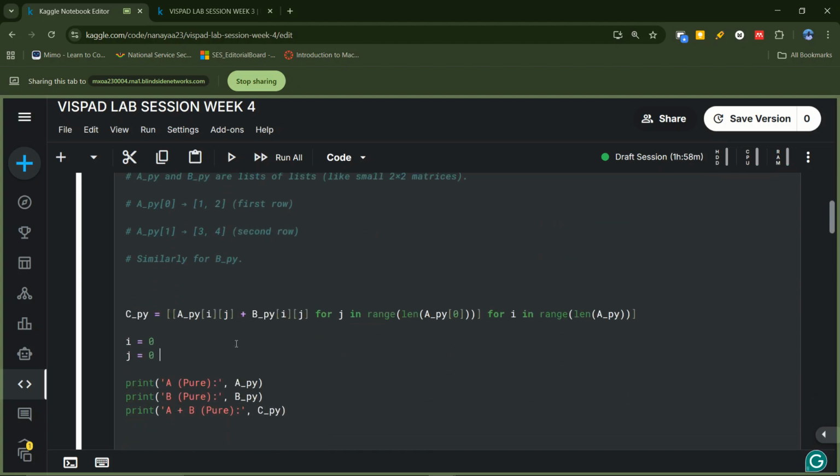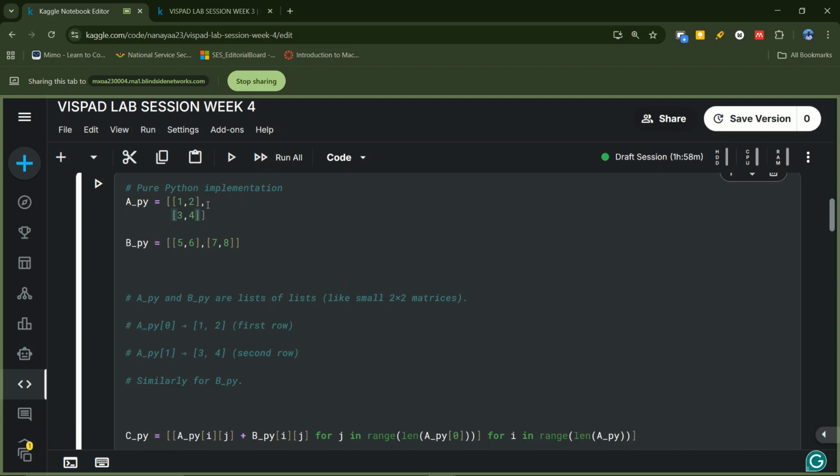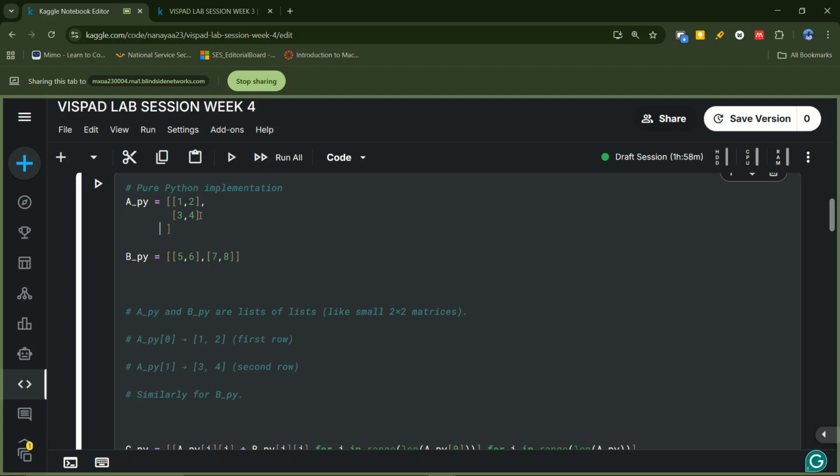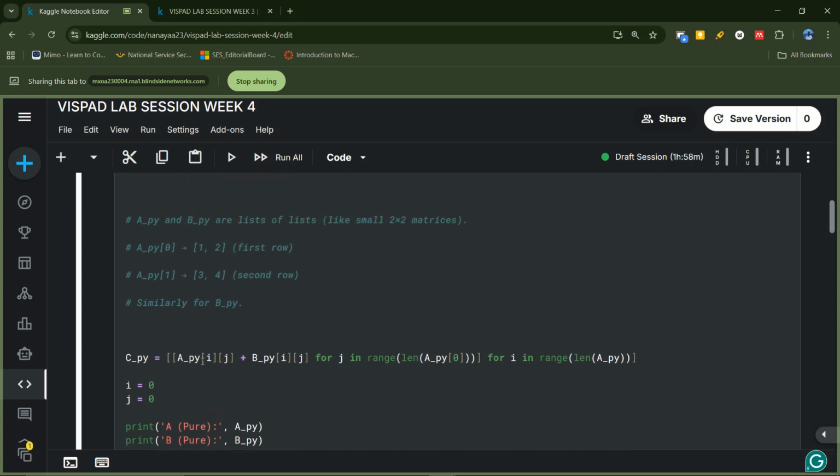Let's see if we can use this to do an example right now. This example is saying, what if i is 0 and j is 0? Then it takes your A_py,